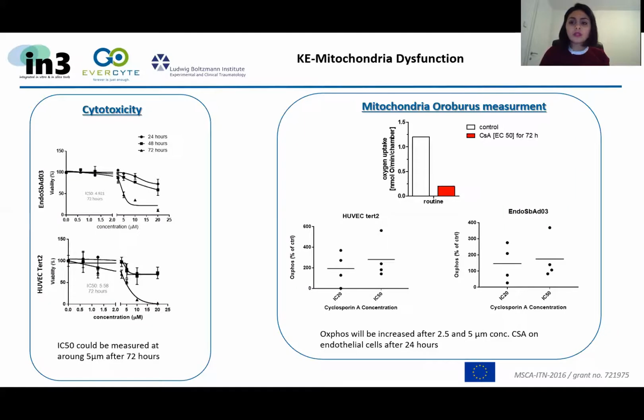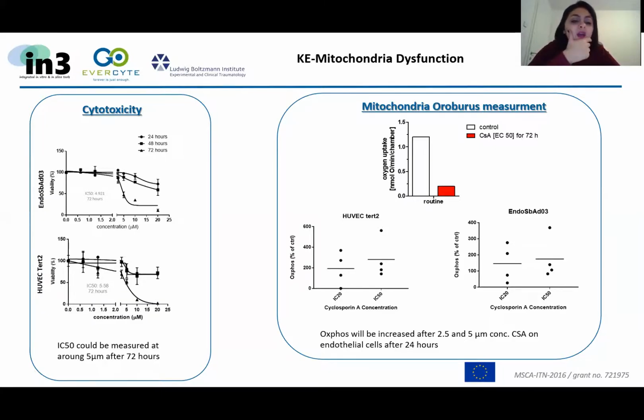So then we started to look at the cytotoxicity of cyclosporin A on endothelial cells. The left part shows the cytotoxicity, which is the resazurin assay, and we did it for 24 hours, 48 hours, and 72 hours. These iPS-derived endothelial cells, we call ESR3 because the source, the iPS cells that we derive these endothelial cells from, are called